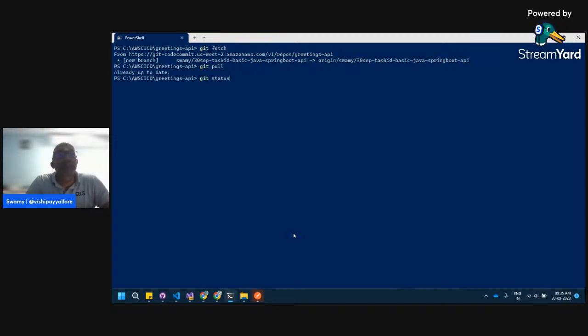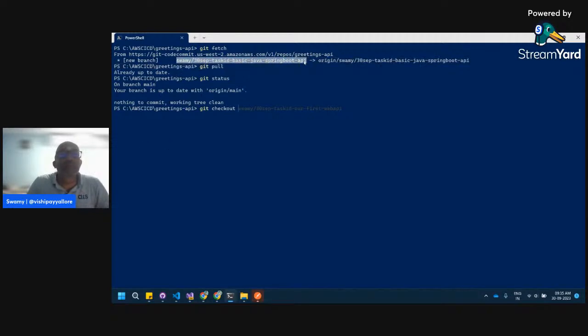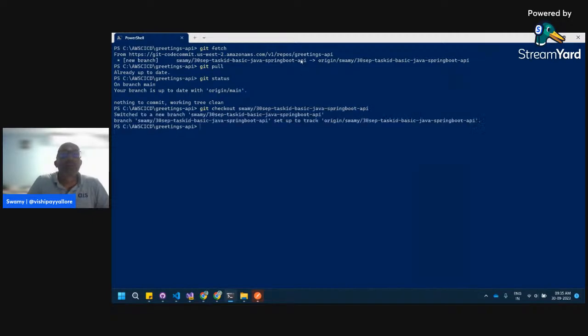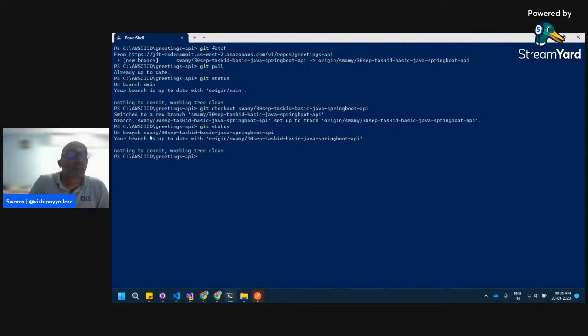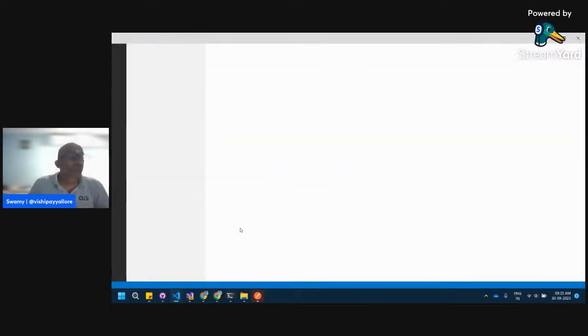Git status. We'll check. At this point, it says that we are on the main branch. Now I'll do git checkout. I'll copy the name of the branch. Now we do git status. Now it shows that we are on the Swami 30th September task ID and the task description. And I'll do code -r. Now this opens the project in